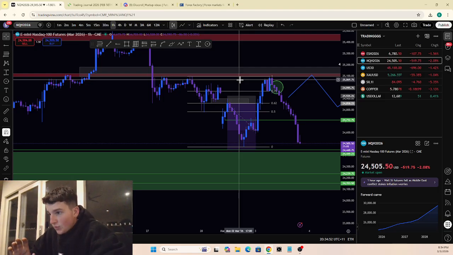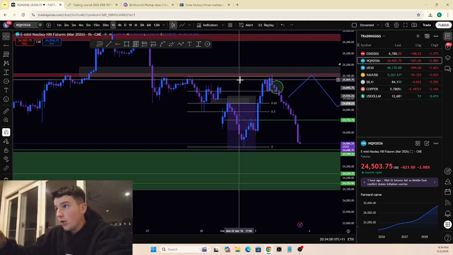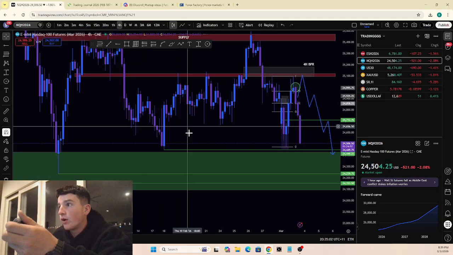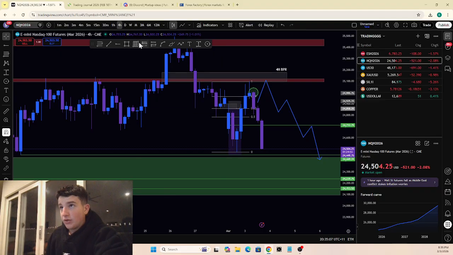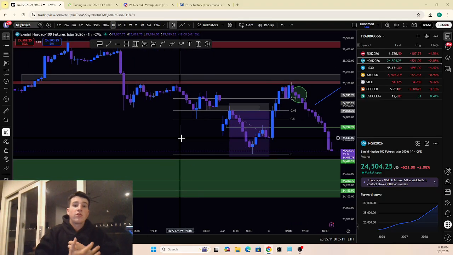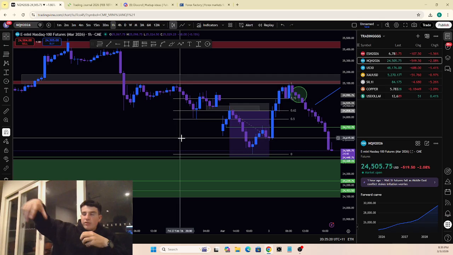Having those lined up, I need one more confluence, and that is equilibrium or OTE of the range. This is the 1 hour time frame. I'll show you the 4 hour. This is 4 hour OTE. So 4 hour OTE just got hit, which is awesome because it's telling me that we're at a premium, or at a discount for shorts. So we're at a premium, I think, equilibrium wise. So OTE is hit,